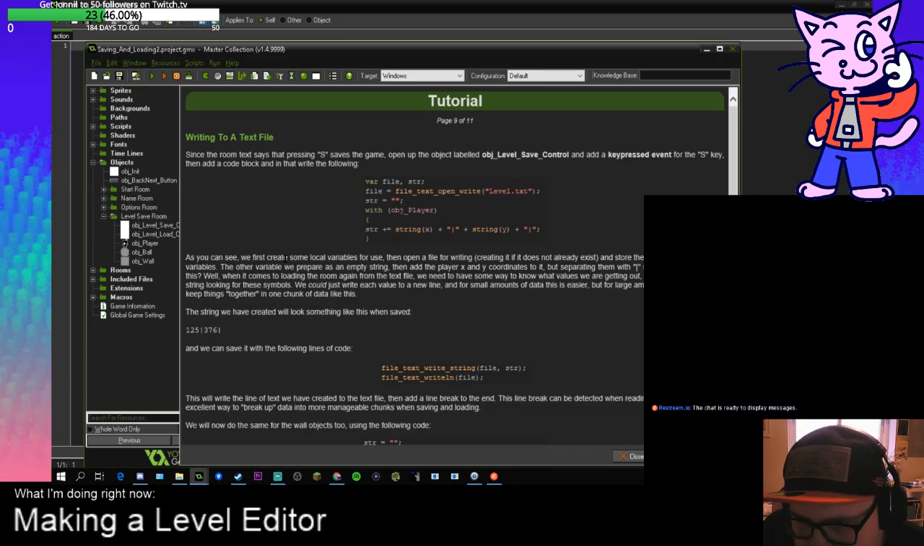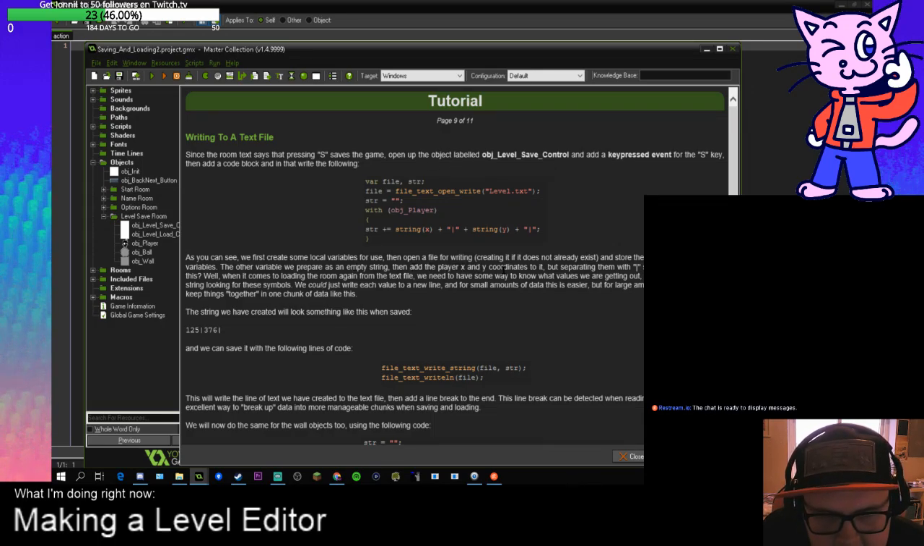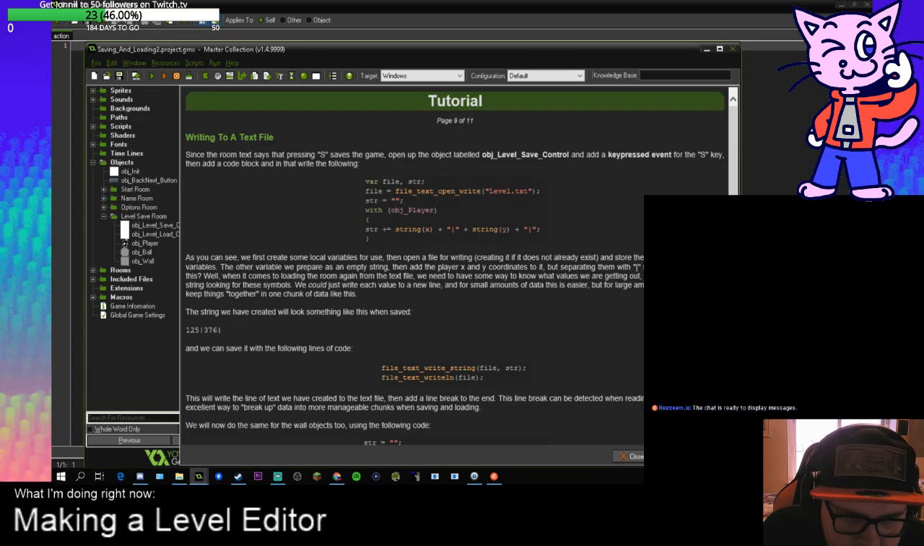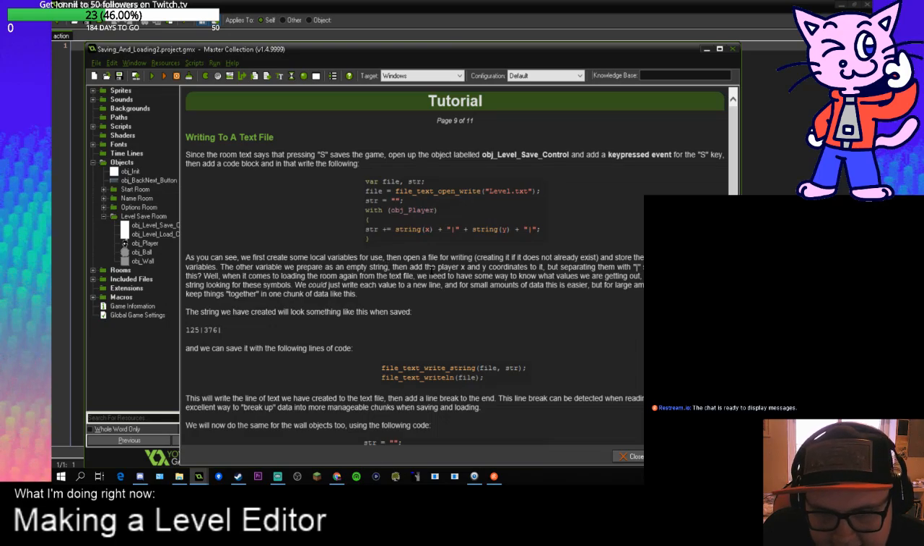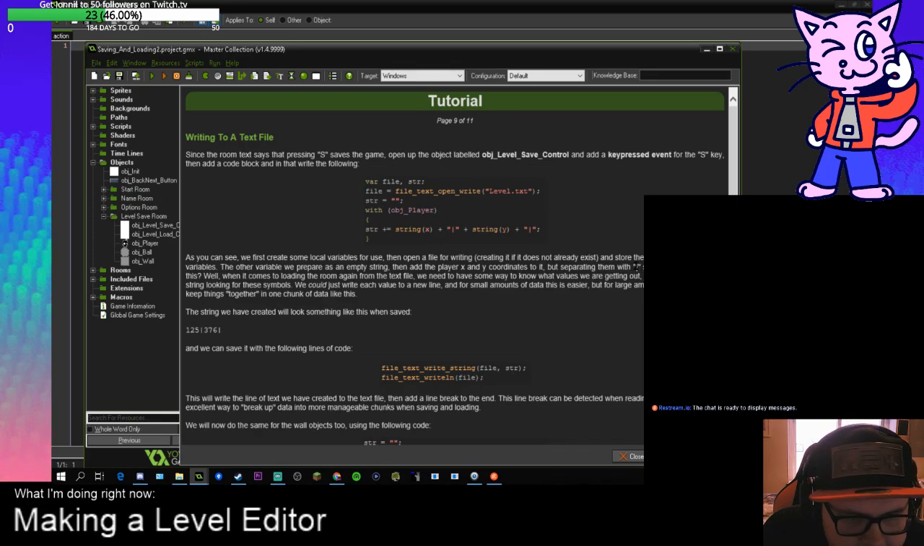As you can see, we first create some local variables to use, then open a file for writing. Create it if it does not already exist. And store the file ID in one of the local variables. The other variable we prepare as an empty string. Then add the player X and Y coordinates to it, but separating them with the